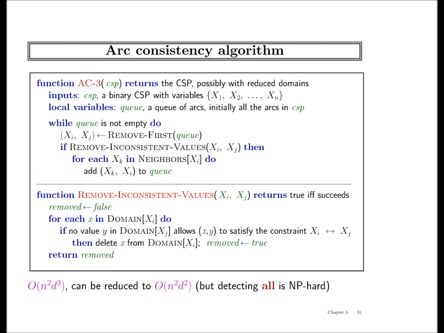Alright, so we have answered the three questions that I started with. Which is the next variable to pick, which is the next value to pick, and how can we detect failures early. And in the process we also learned a little bit about search and inference. By the way, there's another point that you did not make, or maybe that is what you were trying to make and I misunderstood you. So what is arc consistency doing? Is arc consistency going to detect all failures early?